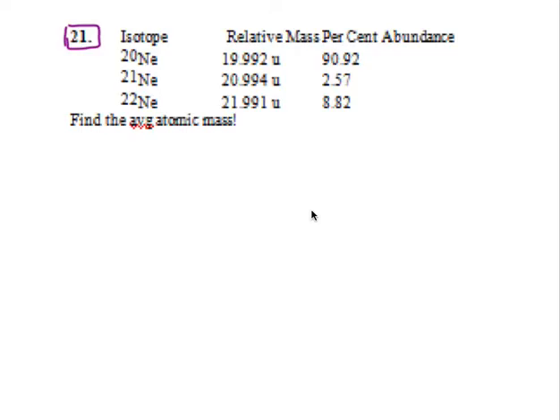Today we are looking at finding the average atomic mass of things. So remember on the periodic table that number that is underneath the symbol, and we talked about why it's a decimal number instead of a whole number. That's because that was the average of all the isotopes, right? Today we're actually going to do that calculation, and then we're going to go ahead and move into the mole